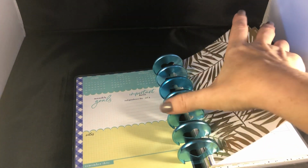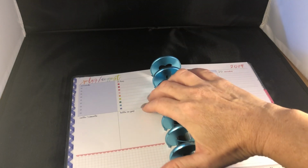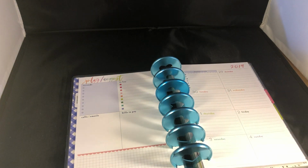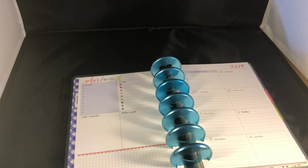So cute. I even love the currently page in these. So cute. And then there's the monthly. And then you come to the dashboard layout. For this though, I am pulling out the mermaid planner, and I just took the cover off of this earlier